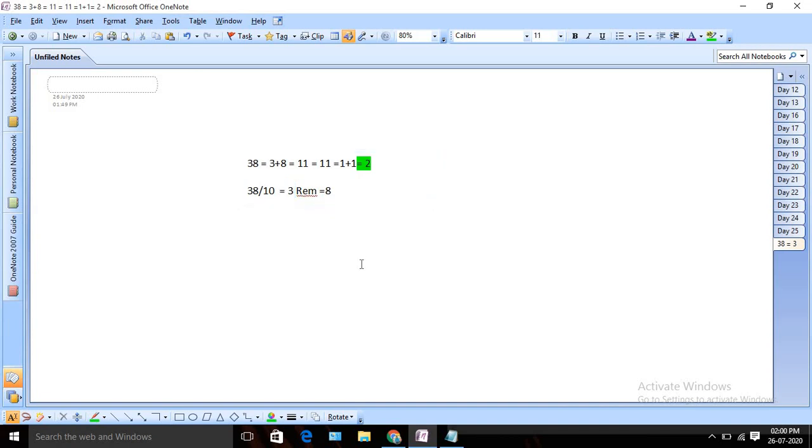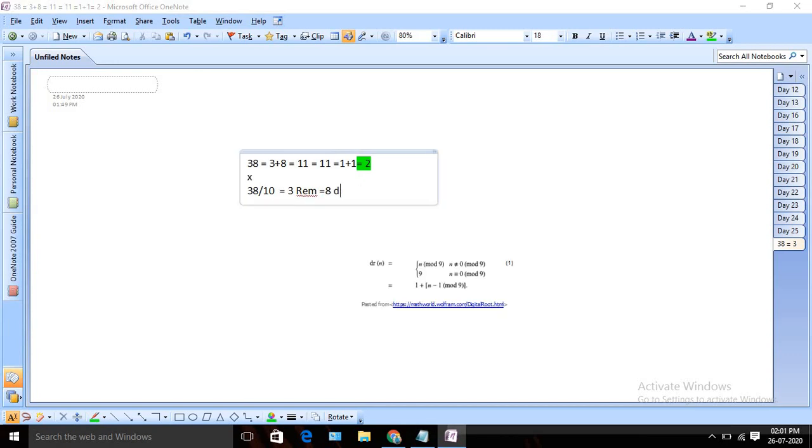So digital root, right? Let me paste it here. Okay, so this is the digital root concept. There is one property in mathematics for digital root. If you divide any number by 9, the remainder will be your digital root.